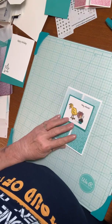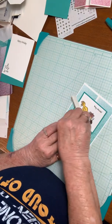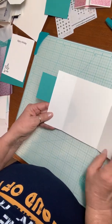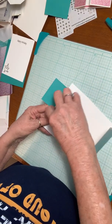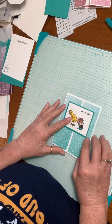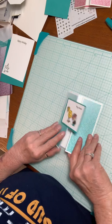And then I want to take my bone folder again because, like I said, I like to have a good seal on there. Okay, and then I can open up and, oh, I did get it a little far over there, but that's okay. I can get that off. You won't be able to see it. Okay, so now for the inside,